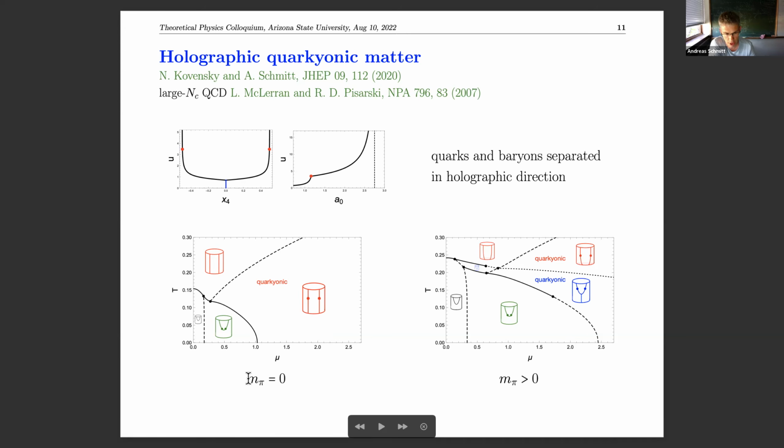This is for zero pion mass, because that's much simpler in that model. I won't go into details why, but it's harder than in other holographic models to introduce a quark mass or pion mass. We've done this in an effective way here, and we get more complicated phase structures. But roughly speaking, it's the same structure. Notice we can change into a second order phase transition from baryonic to quarkyonic, but I don't want to go into details of that phase diagram. I guess that's all I want to say about quarkyonic as a little aside. Happy to take questions now or probably later, if you have questions about that.